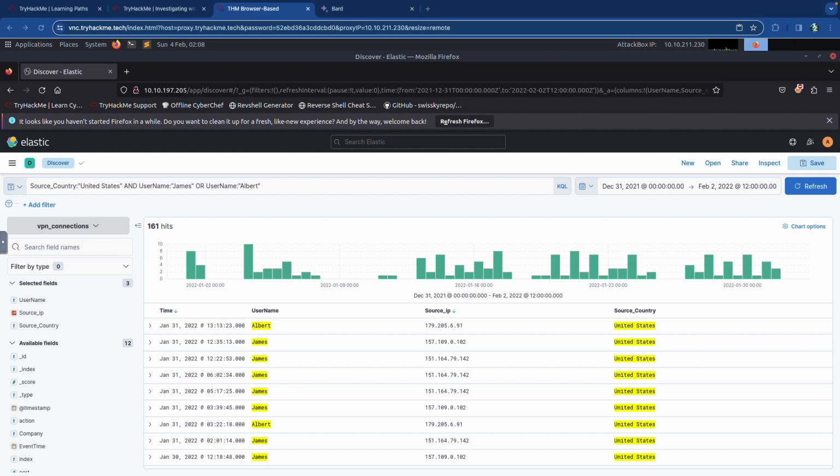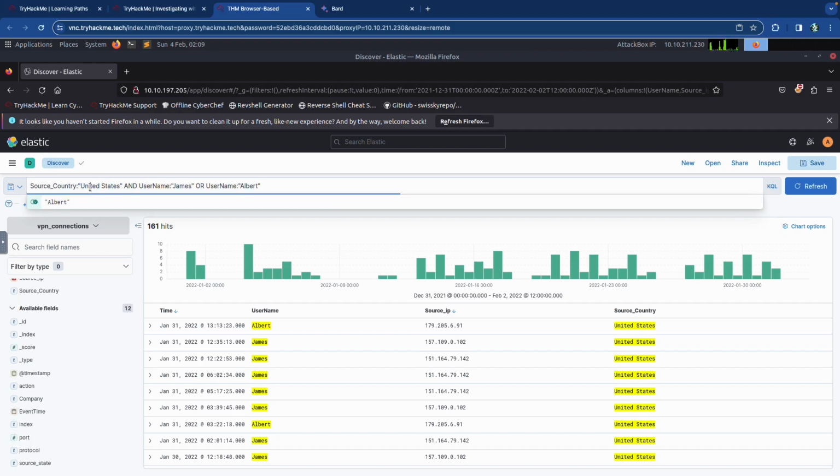Very good. So it says, as user Johnny Brown was terminated on January 1st, 2022, create a search query to determine how many times a VPN connection was observed after his termination. So now we're going to look at some other things right here. So let's see.